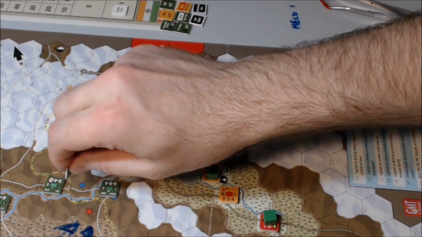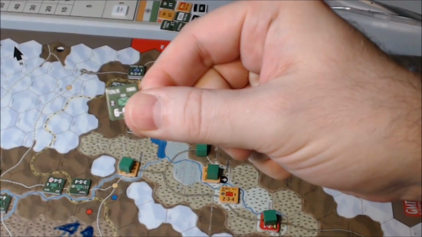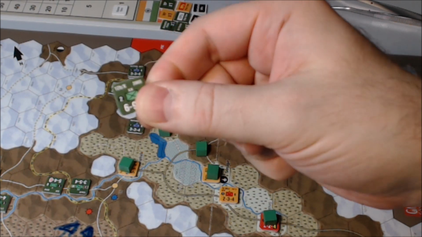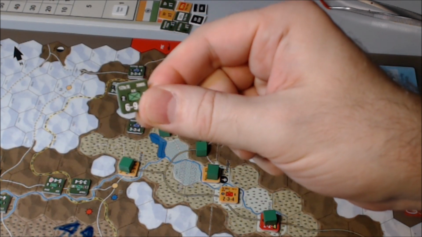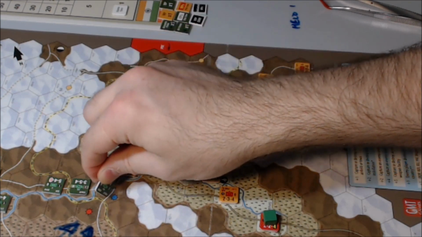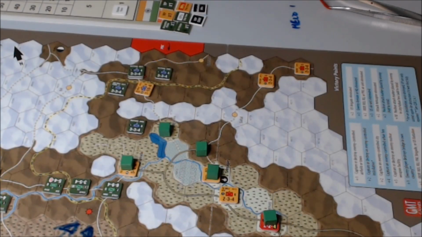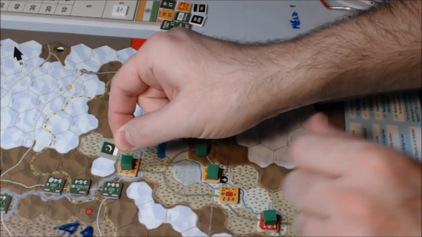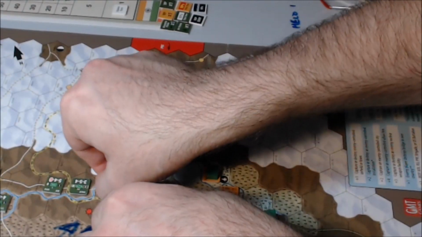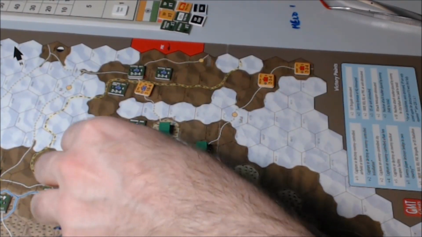We're going to move the full strength Pakistani unit, that is the 12th B division. We're gonna move into this town, and that allows me to eliminate that fortification. Now, you want to mark who controls that fort so that you don't accidentally give them an advantage later. So we're gonna get the Pakistani control marker, it's a little flag, and we're going to put that down in this hex